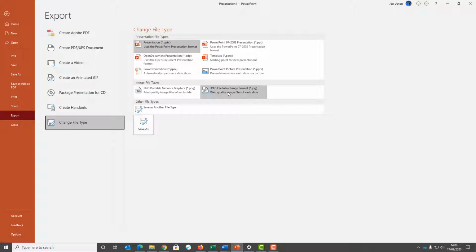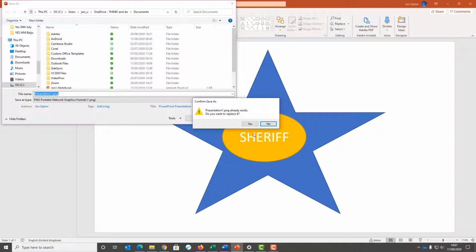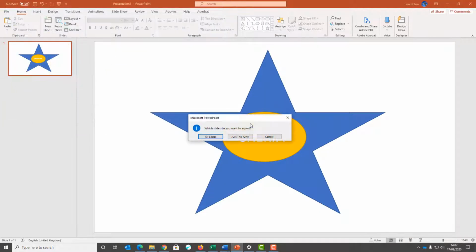But there is a problem with doing this, in that if you choose to do that, it wants to save the whole slide, so you will get all of this excess of white area. And if we go save, you'll see it says presentation, do you want to export all slides or just this one? So we'll cancel that. So you can see that if you export it, you get all of the excessive white